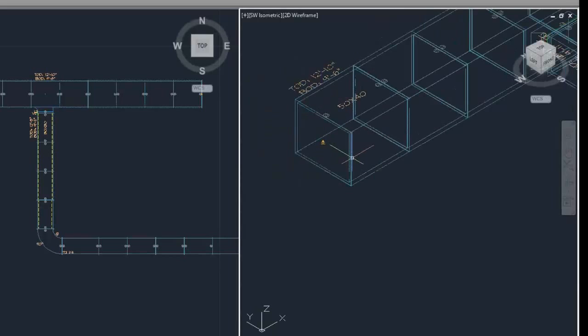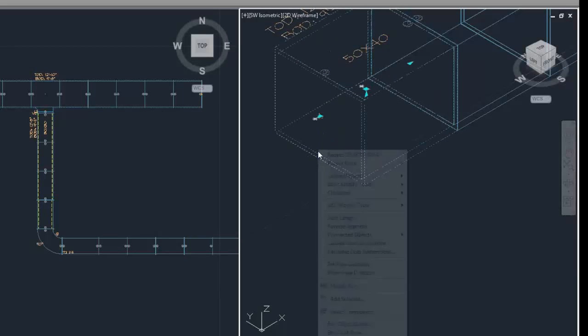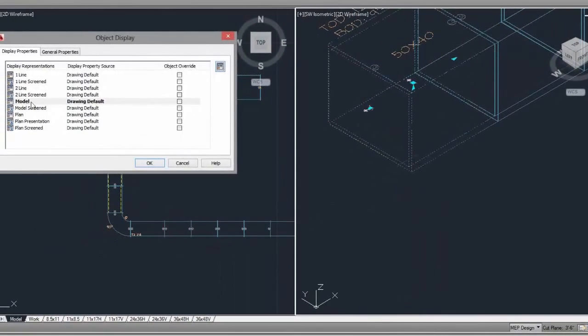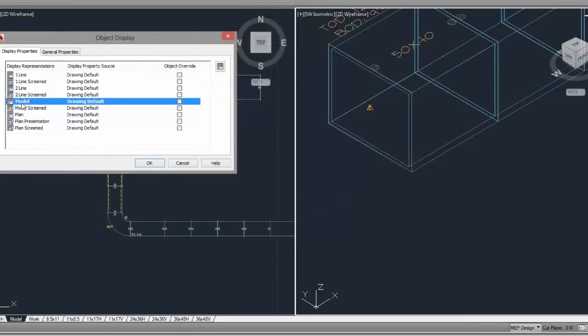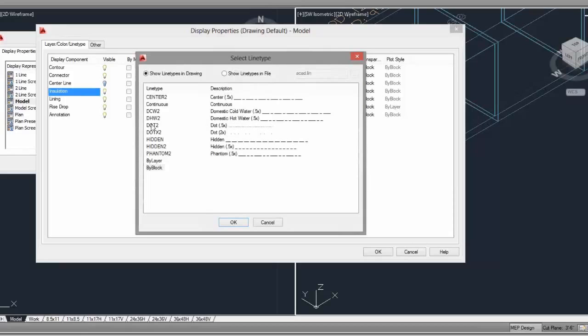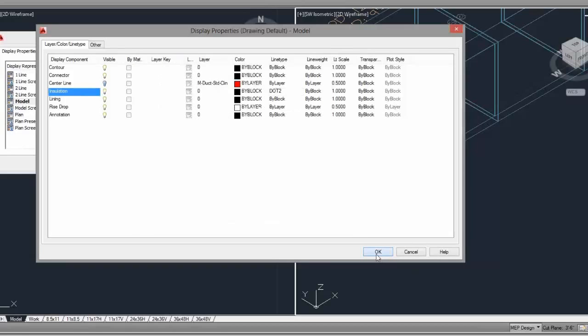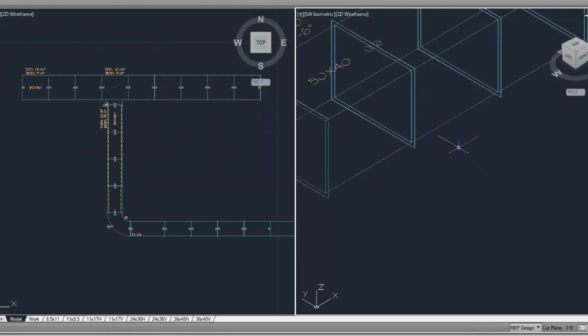Now in the isometric display, I really don't want to do too much with my insulation because I kind of like to see it solid everywhere for coordination purposes. If I was to come in there and edit this the same way I did the plan view, but now if I cancel out of this, you can see I'm in model view now because it is the bolded one. I click on it. I come up in here for insulation, and if I change the line type to this dot 2 and hit OK, and hit OK, and OK one more time, you can see it shows the dots,